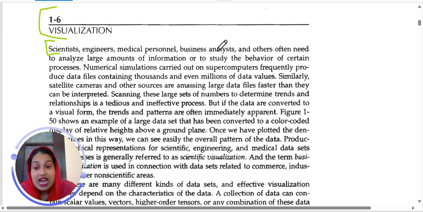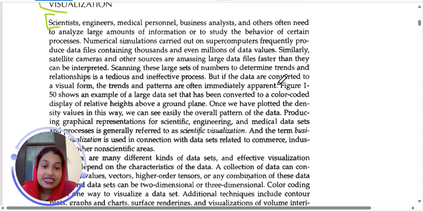Similarly, satellites, cameras, and other sources are amassing large data files faster than they can be interpreted. Scanning these large sets of numbers to determine trends and relationships is a tedious and ineffective process. But if the data are converted to a visual form, the trends and patterns are often immediately apparent.